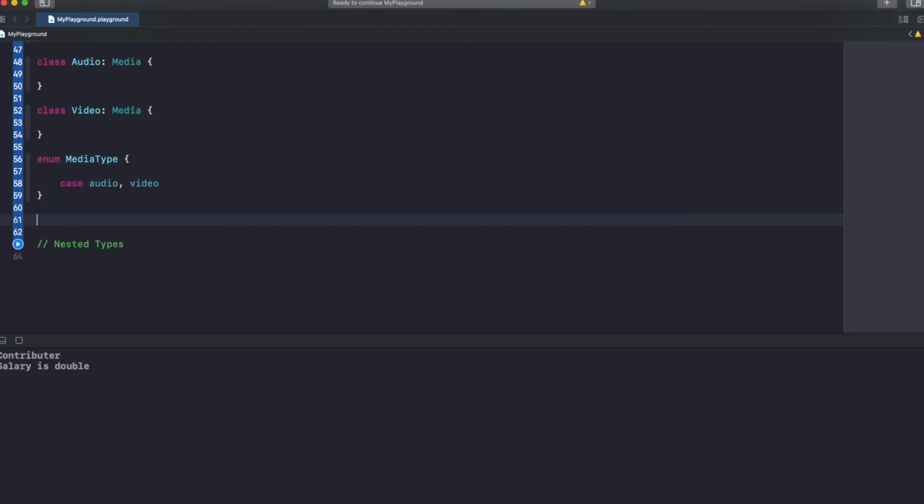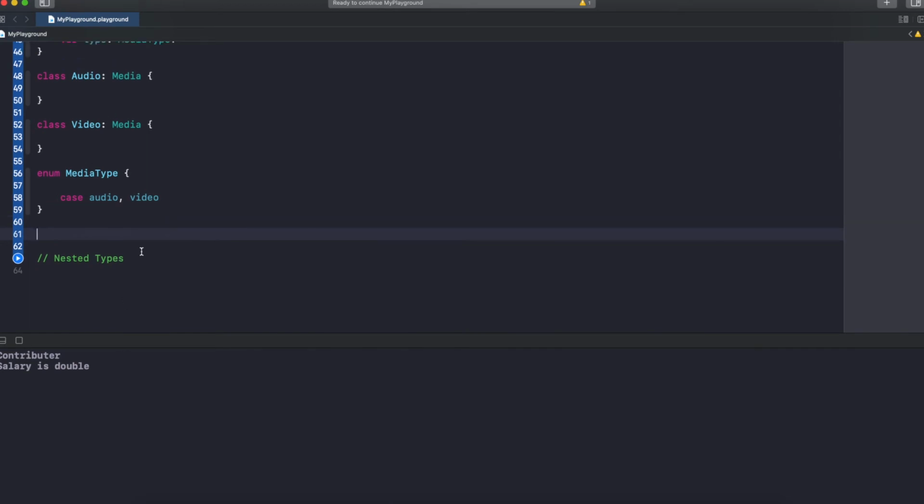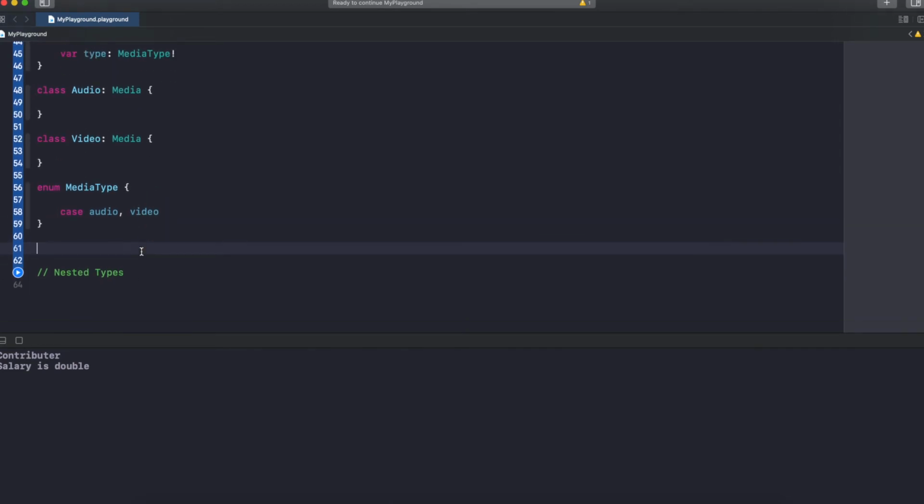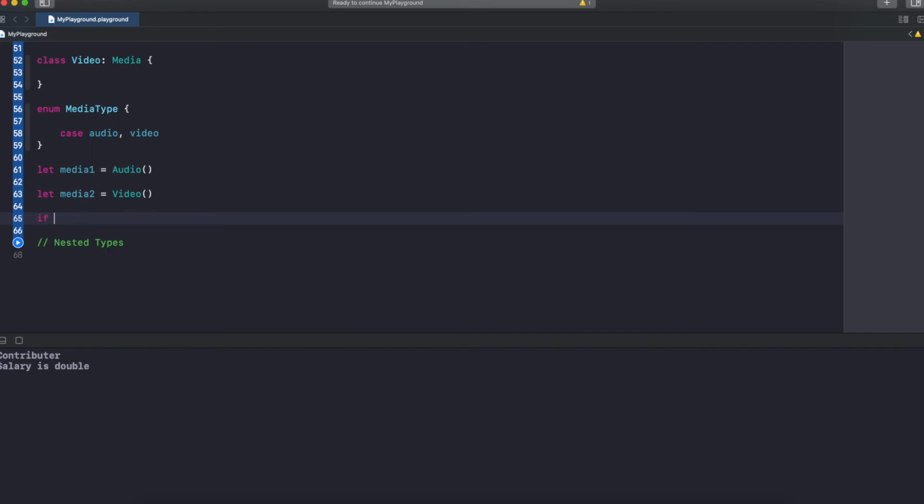And let's say I'm going to create let media1 equal to audio and let media2 equal to video, and I'm going to check if media1 is media.